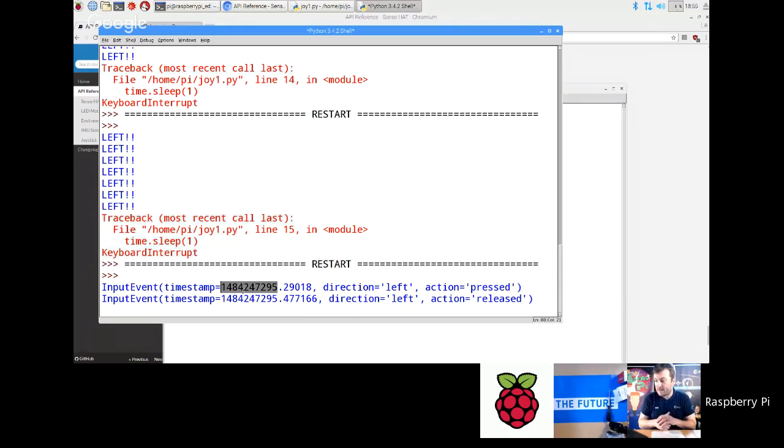If you just Google how to convert Unix time into normal time, there's a number of ways you can do it, and there's probably a bit of code that you can just copy and paste into your program. But the only reason you'd ever want to look at the timestamp is if the order in which your events are occurring is